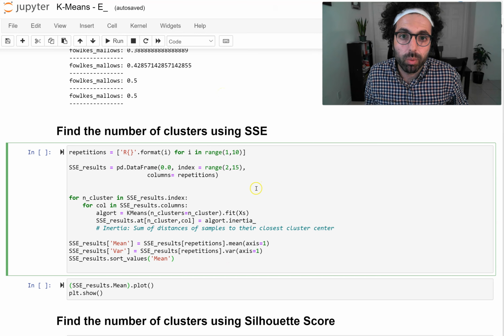The elbow is where the amount of improvement in the SSE suddenly becomes lower. So here from 2 to 3, we decrease more than what we decrease from 3 to 4. And this is the sign that probably, based on this way of looking at it, we should go with 3